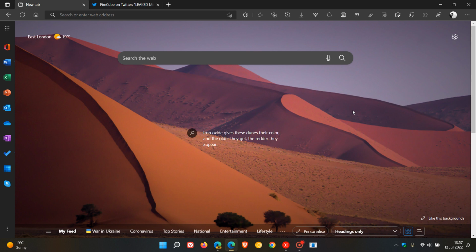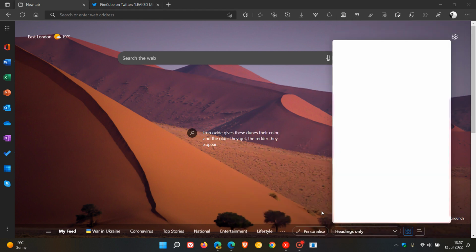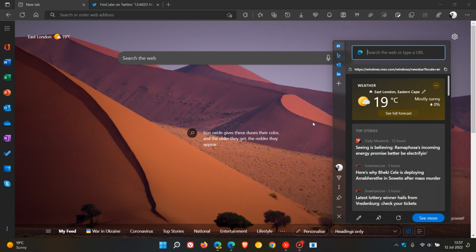In no particular order, just to mention some of these very briefly for the purposes of this video: you get the Office side panel, which you can enable. You have things like your performance booster, a math solver, web capture, web select, and your Edge bar, which is basically a user interests feed widget for the Edge browser.